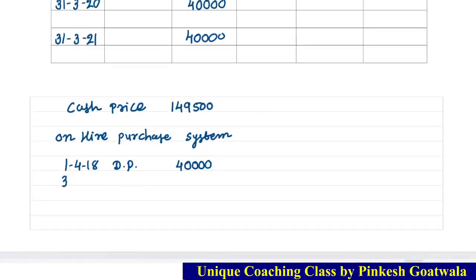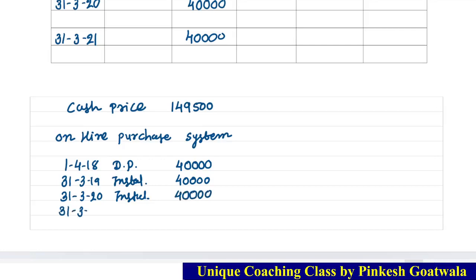Okay, 31st March 19 installment 40, 31st March 20 installment 40, and 31st March 21 installment 40. Okay, 3 installments. એટલે total કેટલું payment થશે? So 40, 40, 40, 40, 4 times. So total payments 1,60,000. It is total